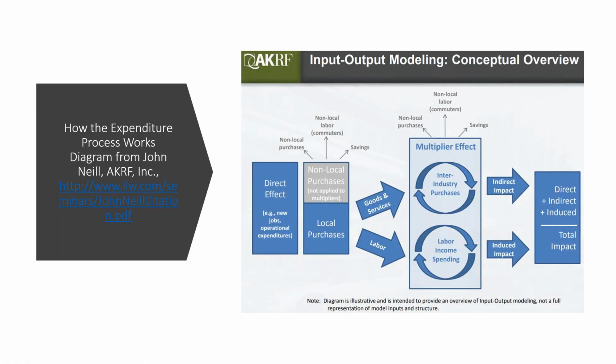This is a little diagram basically of how a system works. On the left, you've got the direct effect, which is the initial money spent. And that's either spent on local purchases or non-local consumption in that second box on the left side. And non-local money goes out of the system, the arrows going out the top. Anything spent in the system is either spent on goods and services and goes into an industry matrix that tells how it gets spent through the production system, or it goes to labor and it gets spent on groceries, bowling alleys, dance lessons, and whatever else.